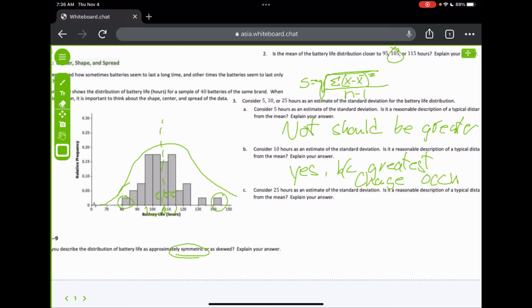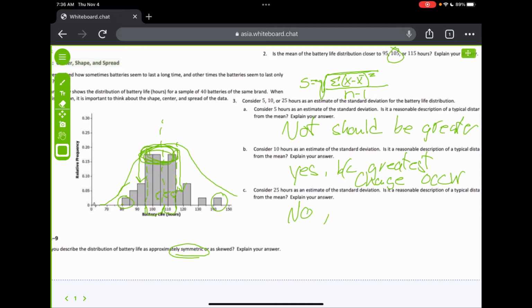And what I mean by that is here we drop way down, and here we drop way down. Okay, we go all the way down to here. So that's kind of the standard, the majority of your values are going to be found here, and then we have a huge jump off or drop off. Okay, so this says consider 25. We would say no,